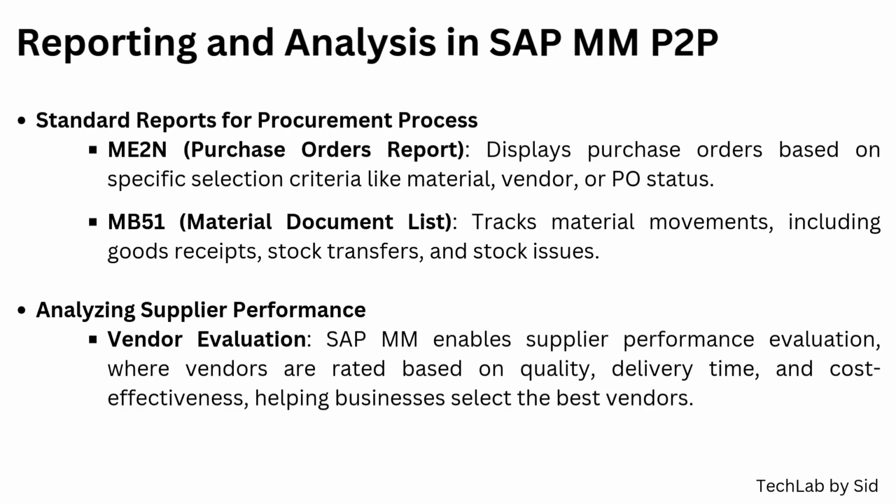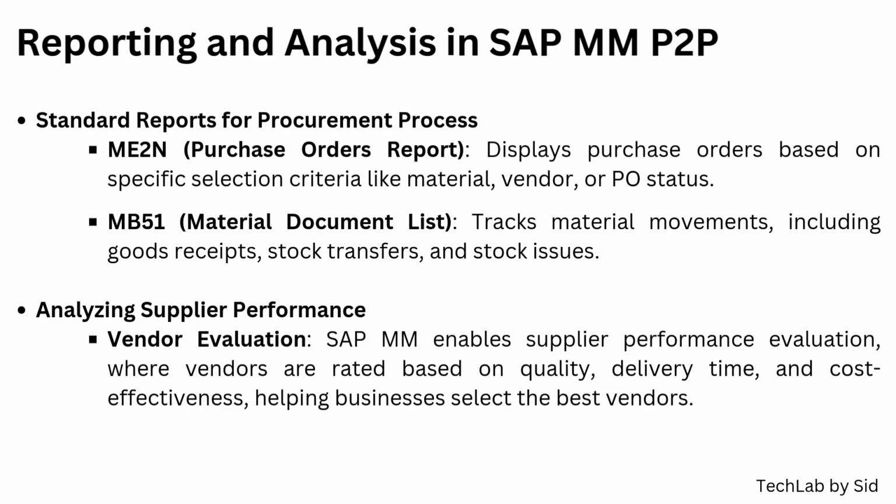accounting. Reporting and analysis play a crucial role in enabling businesses to make informed decisions, track procurement activities, and optimize their processes. SAP MM offers various standard reports that provide valuable insights into the entire P2P cycle. Reports like ME2N and MB51 enable businesses to monitor procurement activities, maintain accurate inventory levels, and ensure all transactions are